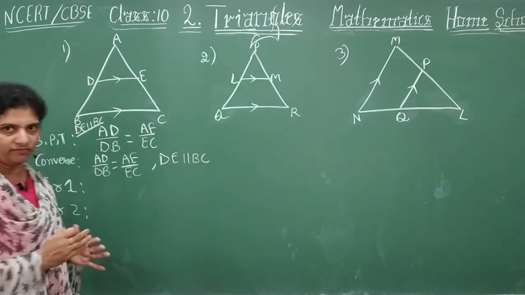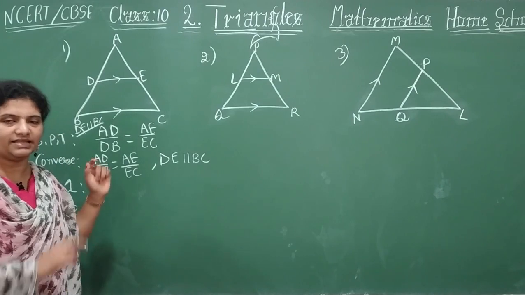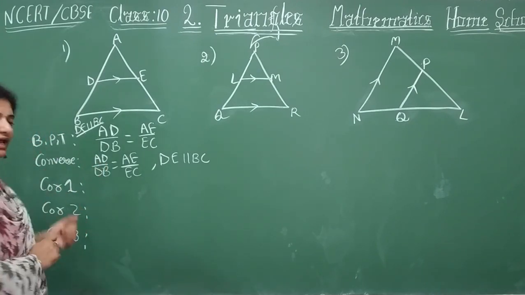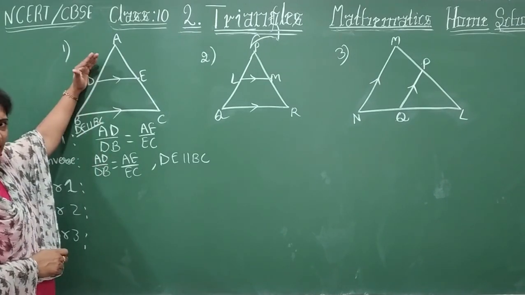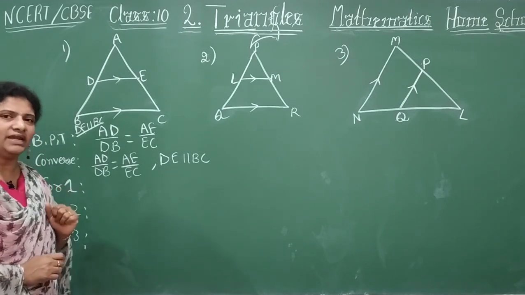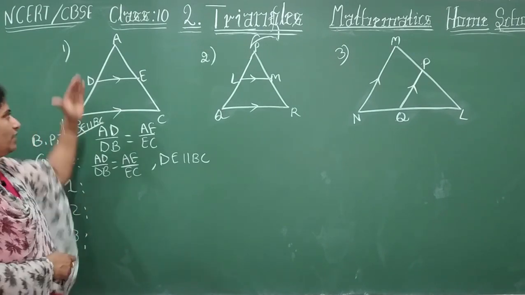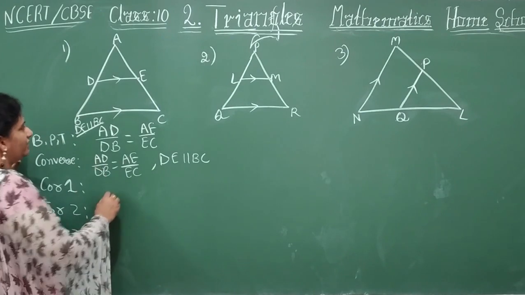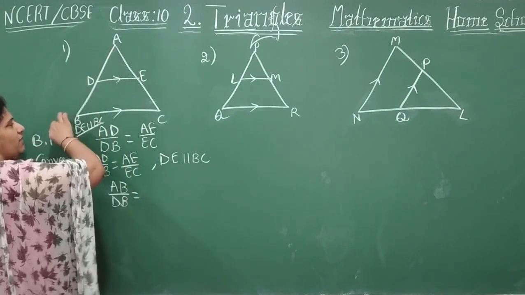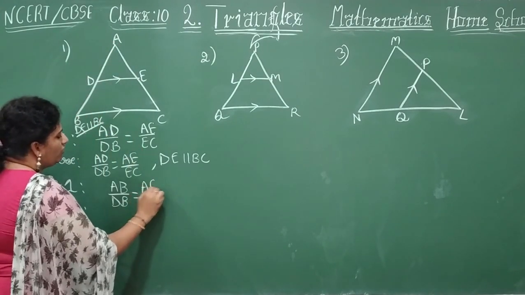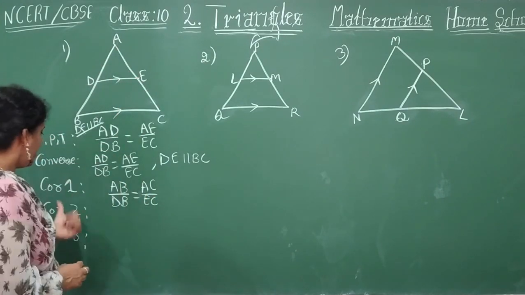Okay. So now onwards, children, if this line makes two triangles, that you try to consider here. Now apply corollary 1. What is your corollary 1, children? Observe carefully. Big side by trapezium side. Why am I talking here about the big side? It means the big triangle, you understand. Big side by trapezium side, that is AB by DB. Look here, AB by DB is equal to AC by EC. Corollary 2.